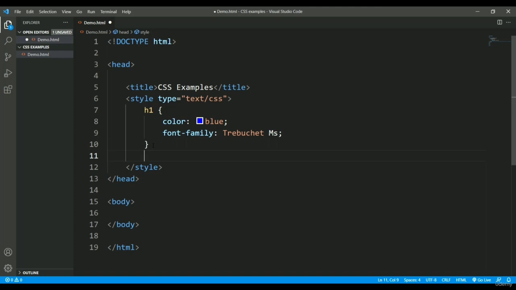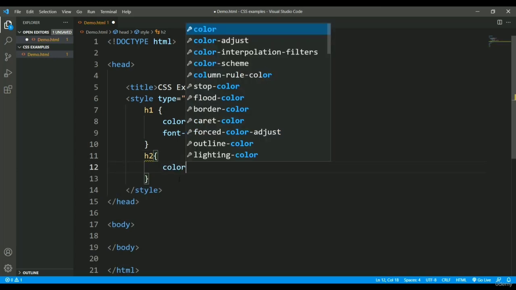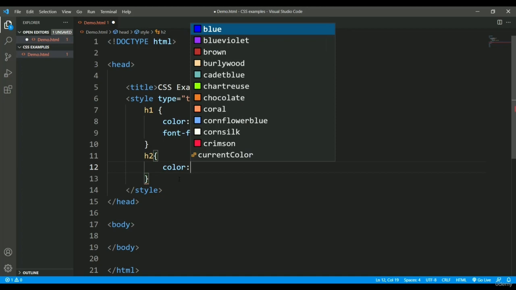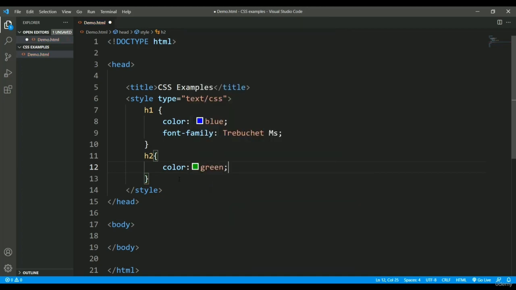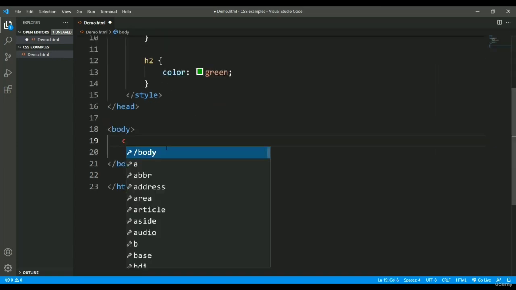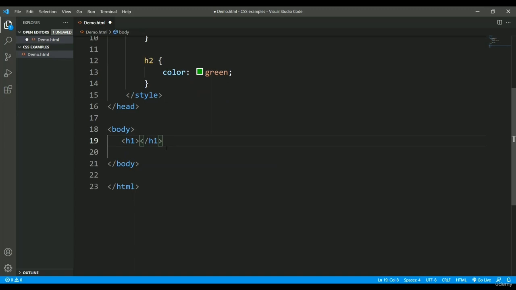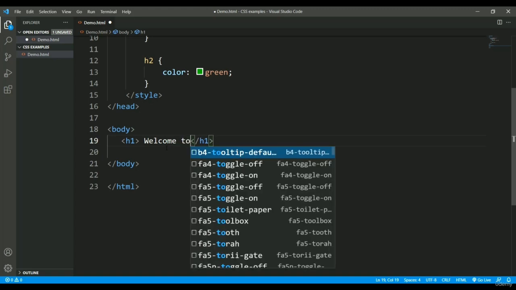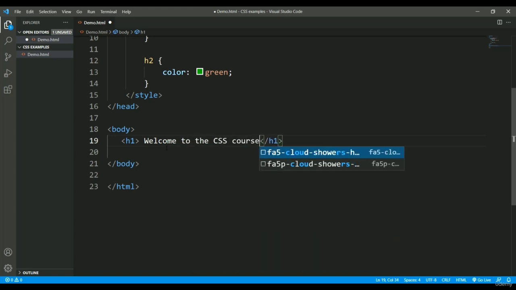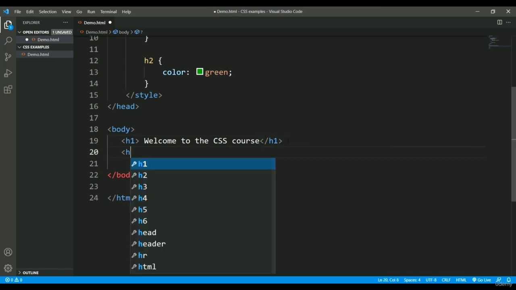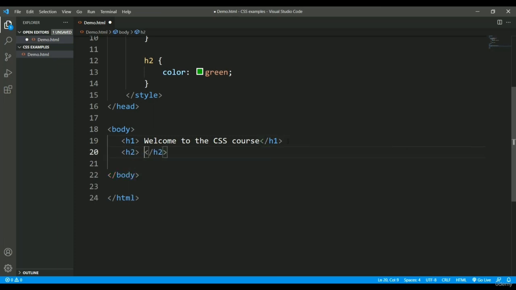So this is all what I want to do for h1. Similarly, let's put one more, that is h2. And here I'll just put one style, that is I want the color should be green. Alright, so what happens when I come to the body and simply put an h1 tag with the text welcome, and in h2 I'll put another text